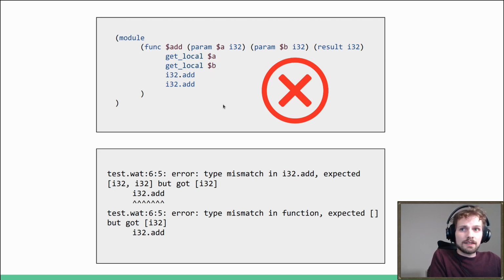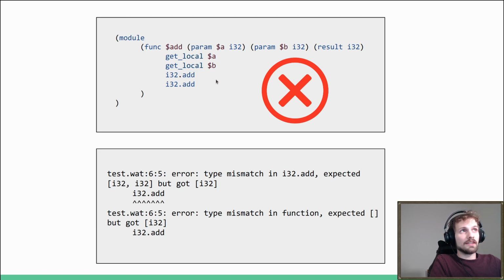And in WebAssembly, a function is not allowed to pop more values from the stack than there are parameters. So, what does this imply? This implies that you can verify this function body as a separate WebAssembly program starting from an empty stack. And then you can look at the end state of the stack and see if that corresponds to your result.